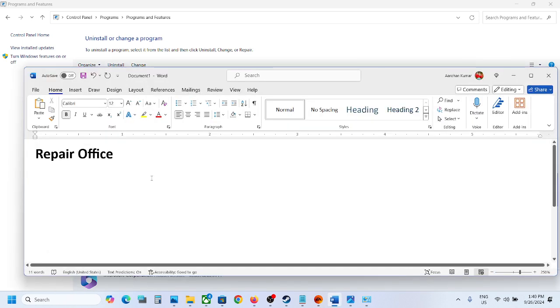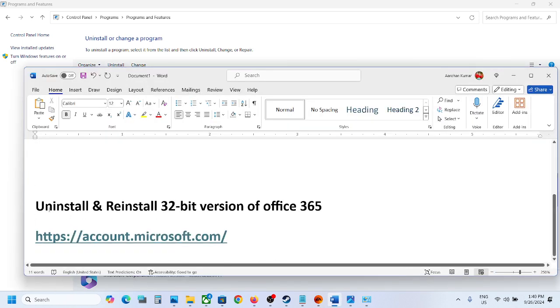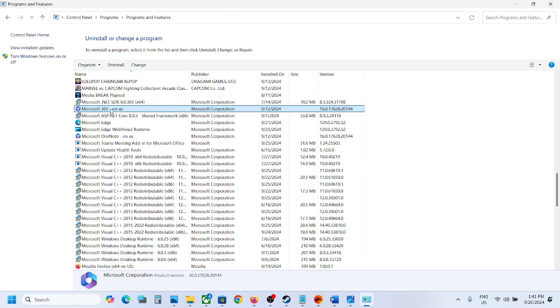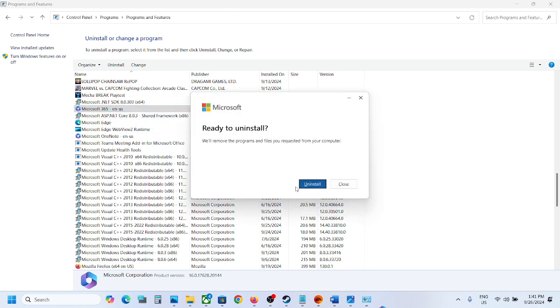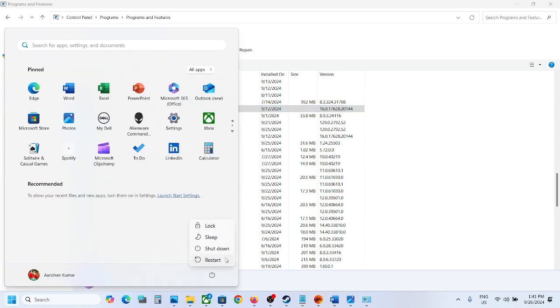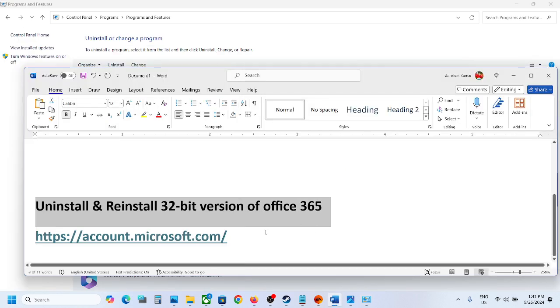Still not working, the next step is to uninstall and reinstall 32-bit version of Office 365. Now you can go to control panel, this time make a right click, then click on uninstall, click on yes, and then click on uninstall. Now once the uninstall is complete, restart your computer, and after the system restart you can go to